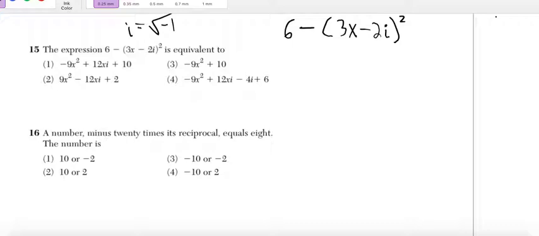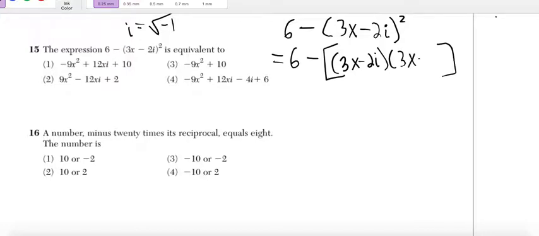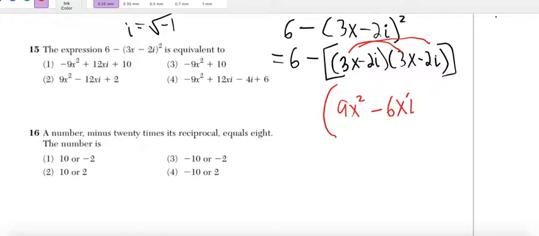So what I'm going to do is this becomes, I'll keep bringing down the 6 minus, I'm going to put brackets. I could use the shortcut for multiplying binomials, but in case you didn't know that, I'm multiplying 3x minus 2i by itself. Now I'm going to distribute the 3x first, and that'll become 9x squared minus 6xi. Then I'm going to distribute the -2i to get -6xi again, plus 4i squared. And I bring down